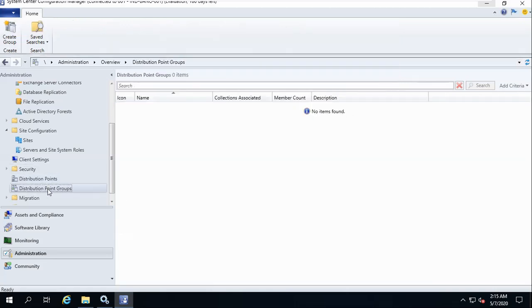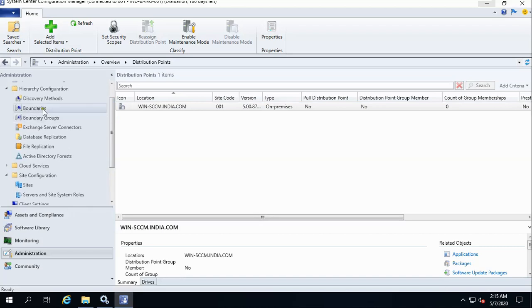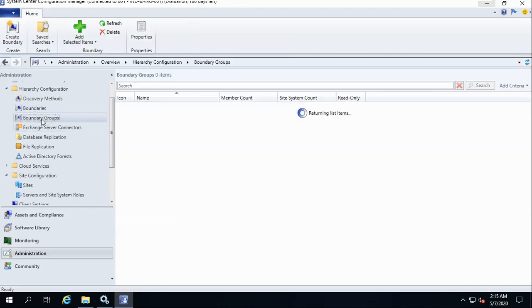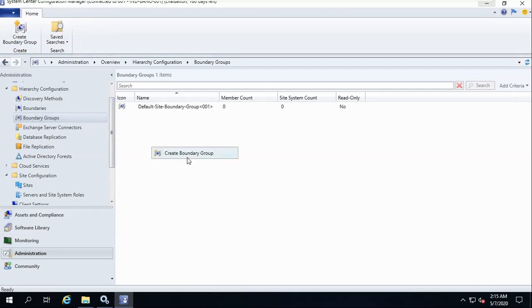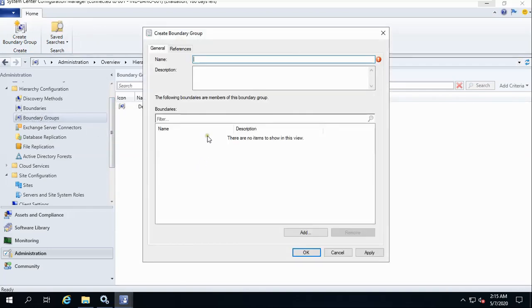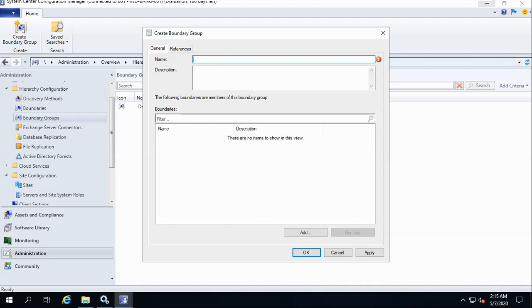Go to this first, and if it is available, then okay. If not, then you will have to add it. Just go to this place. This is one group available, and if you want, you can create one boundary group here, and then in references, you can create something like IND 001.